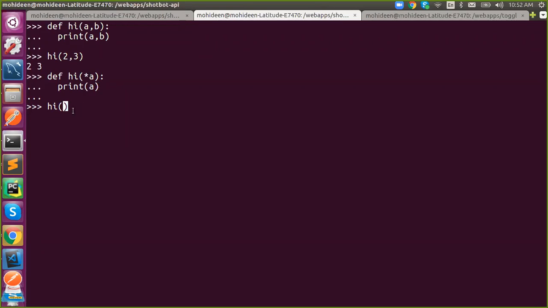If I don't specify anything, it will return an empty tuple. If I say 1, this will return a one-element tuple. It will take n number of positional arguments. So star in a parameter will capture all the positional arguments. Understand?